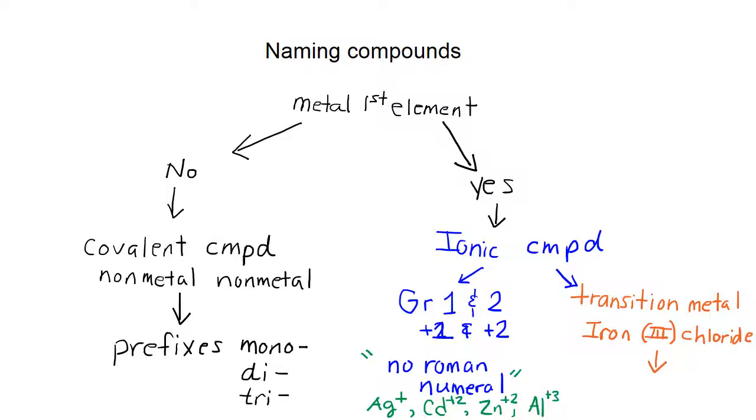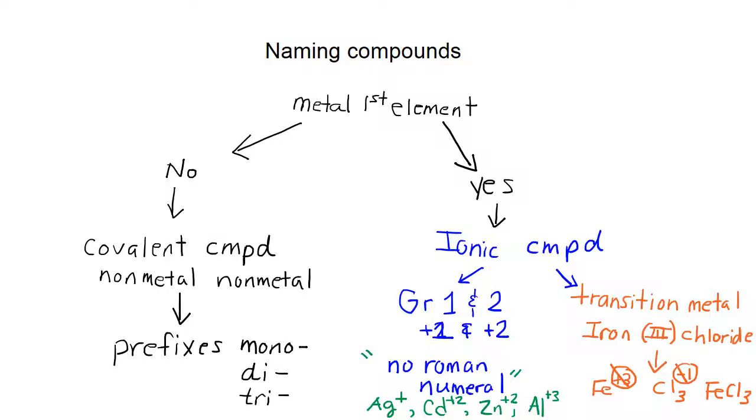So if I give you iron Roman numeral 3 chloride, you know that iron has +3, chloride has -1. When I sum those two charges, it doesn't equal 0, so I know I need 3 chloride. Then it's going to be -3, giving you FeCl3 as the formula for iron 3 chloride. But imagine if I just gave you iron chloride. How would you know what the charge of iron is? In that case, I'm not going to be able to write the chemical formula. Okay, so this is kind of the overview of naming compounds.